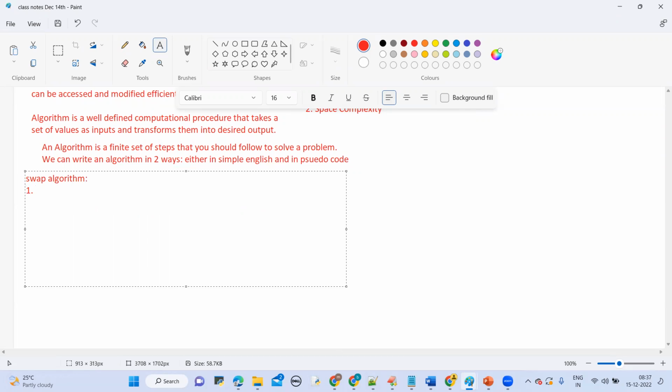Step 1: input the first number into variable A. Step 2: input the second number into B. Step 3: you can use a temporary variable, or do it without one; that is your choice. Take a temporary or third variable and assign temp equals A. Then the fourth step is, assign